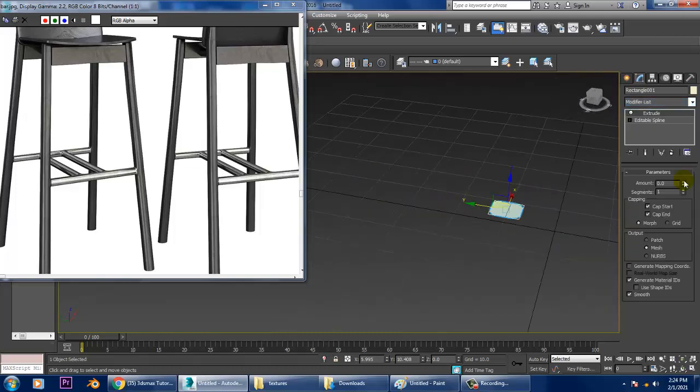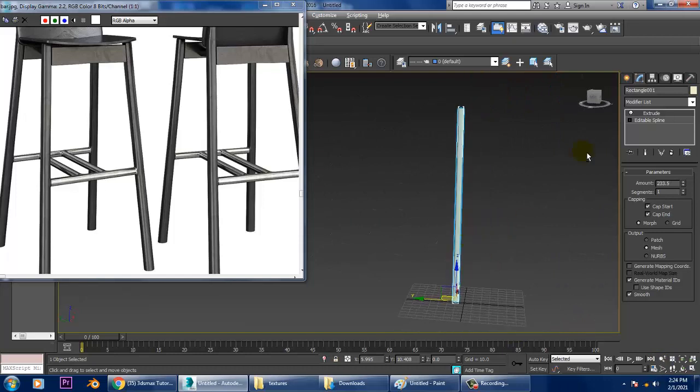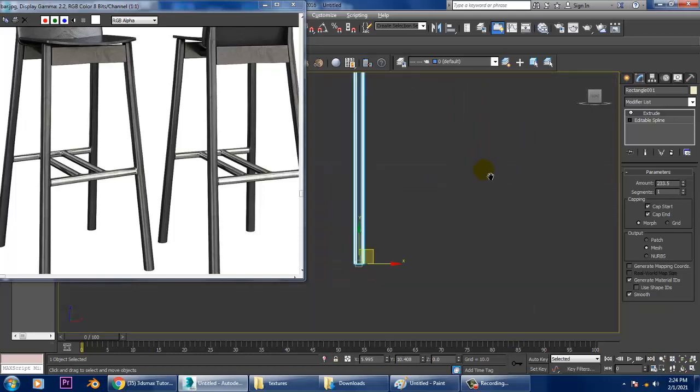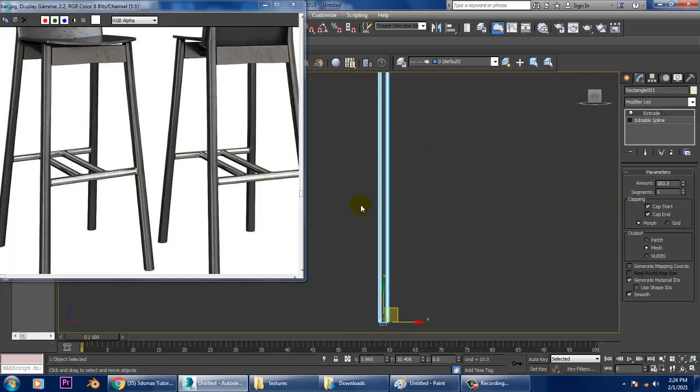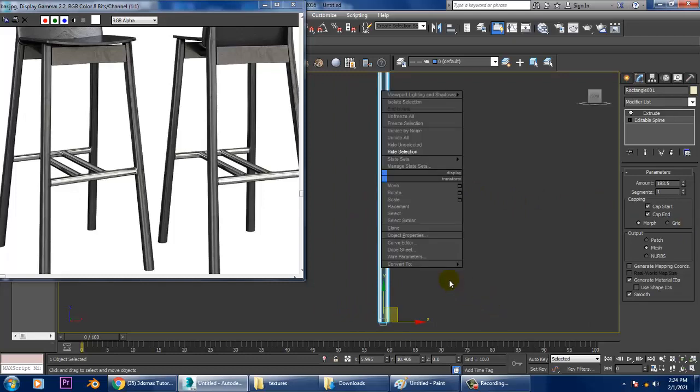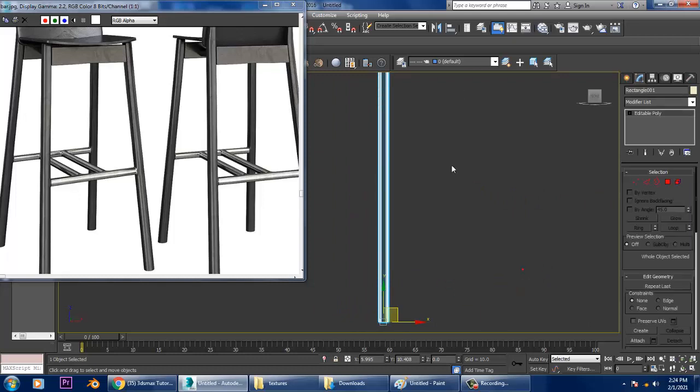We can just assign an extrude modifier over here in this way. Once you're done, you can convert to editable poly.